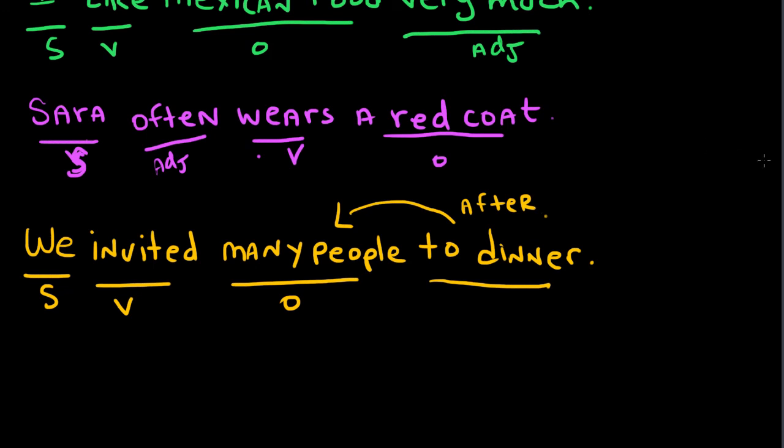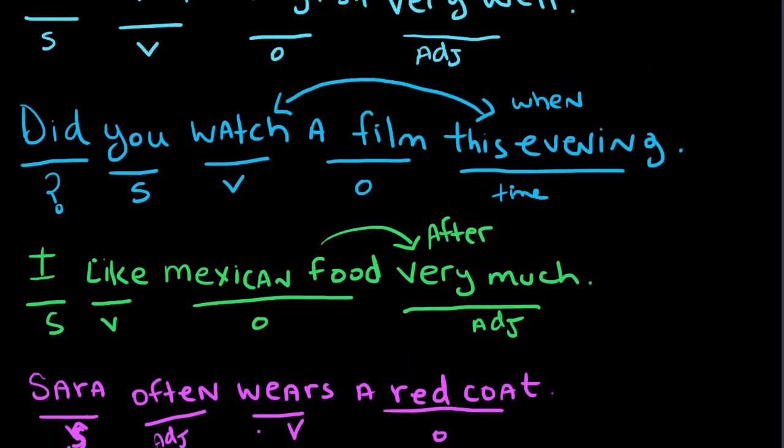Okay, so I hope this video has helped you to understand how we use word order in English sentences with a subject, a verb, and an object,